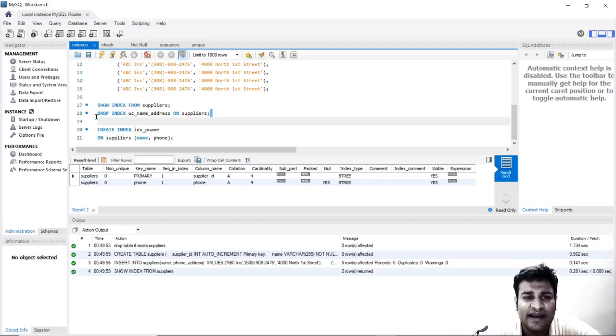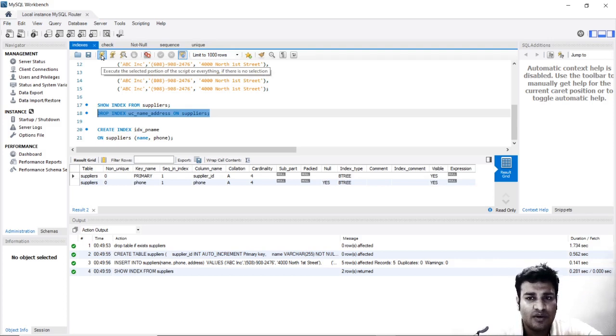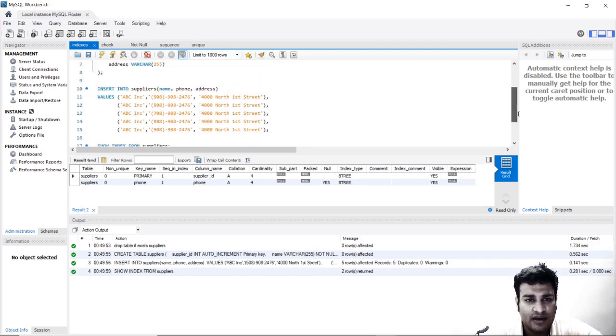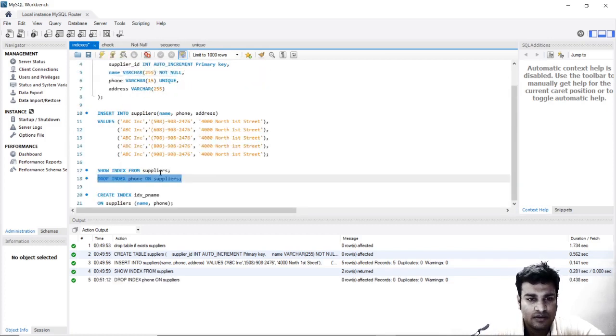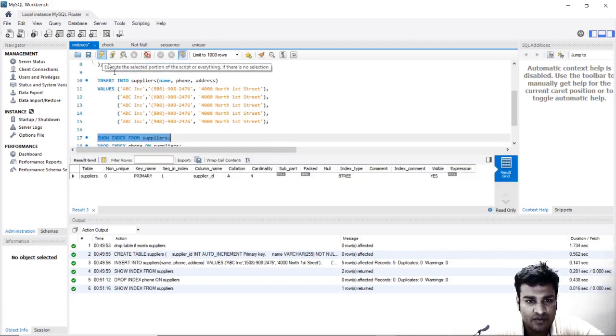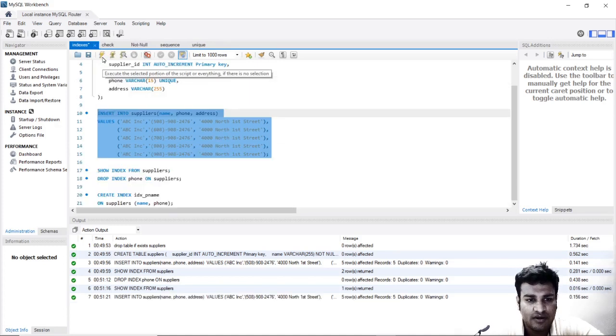So in indexes, we can see the indexes like this, and we can drop the indexes. If we have created an index for a unique constraint, you can drop the index and it will remove the unique constraint, so it will not check anymore. I will just show you. This is the unique constraint on phone, so drop index phone. I have dropped it, and if I show it again, you will see that there is no unique constraint, and if I go ahead and insert now, I will be able to insert 5 rows again.